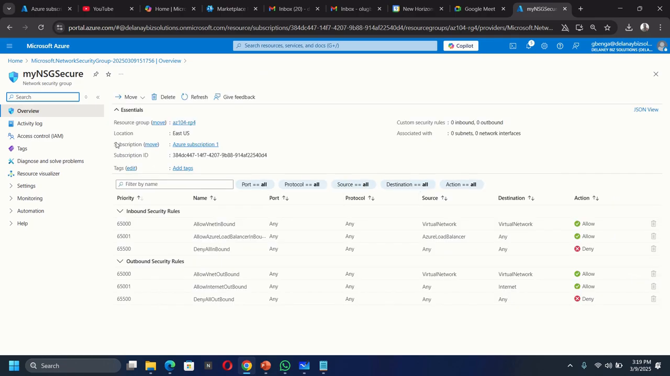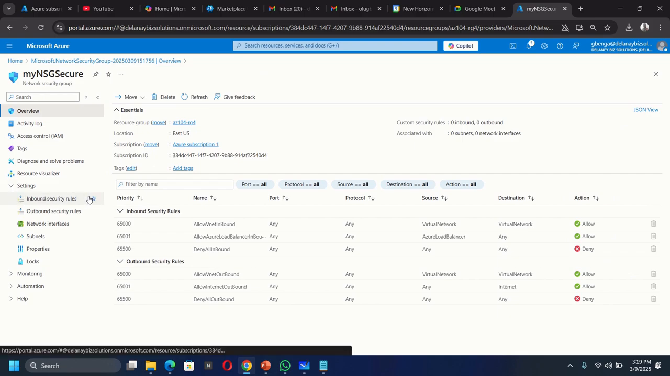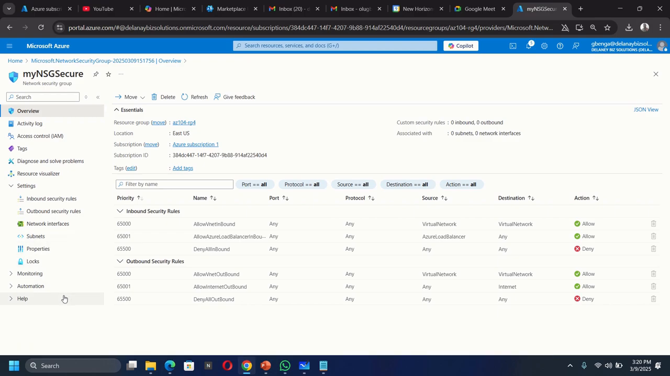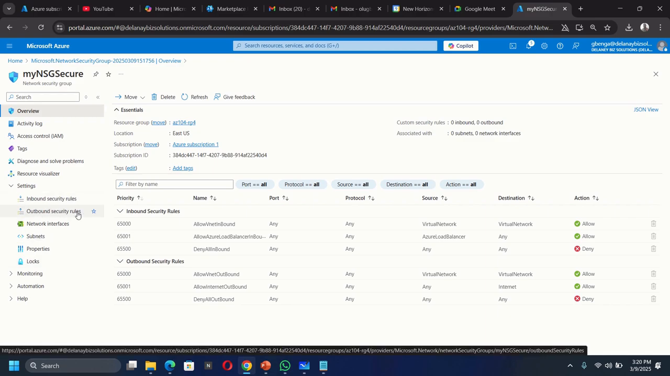If you notice under the NSG, if I come to the settings, I have inbound security rule, outbound security rule, network interface, subnet. These are the things that I can link, or this is where I can implement rules, or I can also connect this NSG to other resources. So what I will do in this instance is create rules, definitely inbound rules and also outbound rules. But I need to link this NSG to a particular subnet. So I'll come to the subnet,